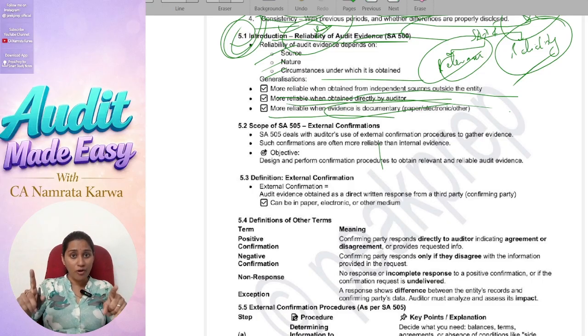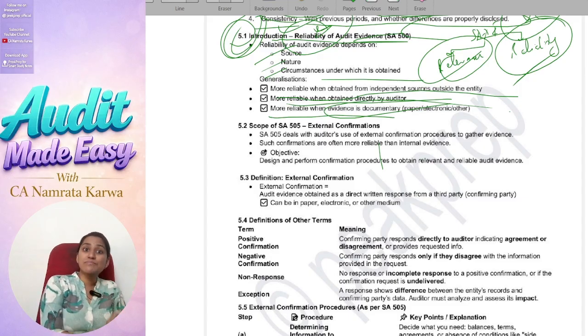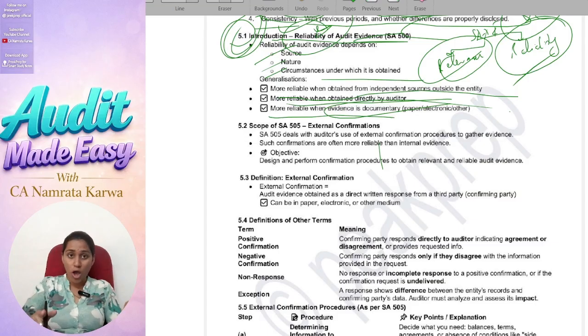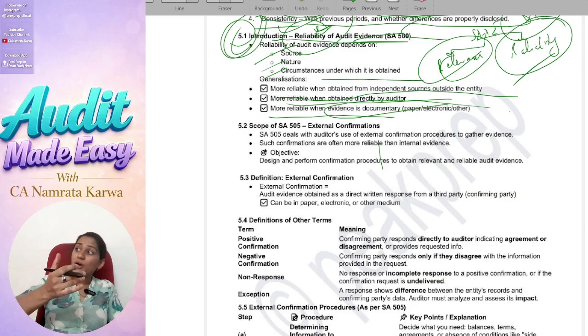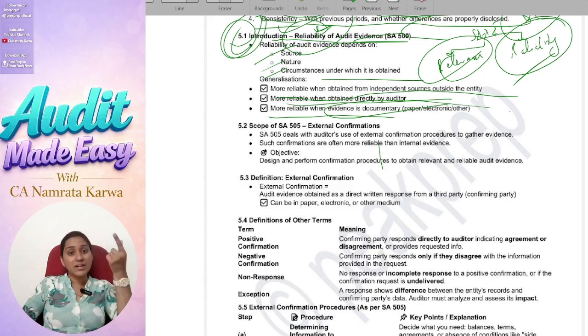Now your job is to solve questions and answers on these topics which we have covered, because remember, in audit 50% of the effort is self-study and conceptual clarity, and 50% is answer writing skills. We only get marks when you present well in exams, and that happens only when you practice your questions and answers really well. So don't skip this 50% part, otherwise you are not going to get marks.